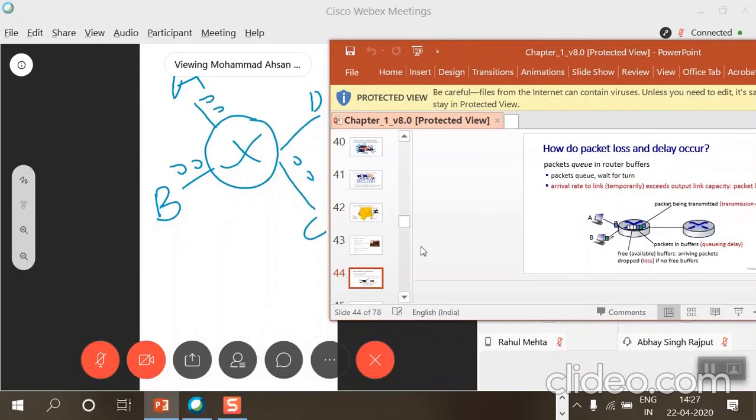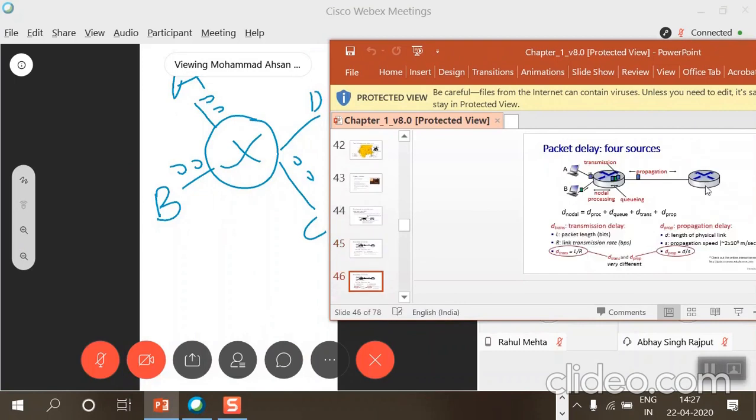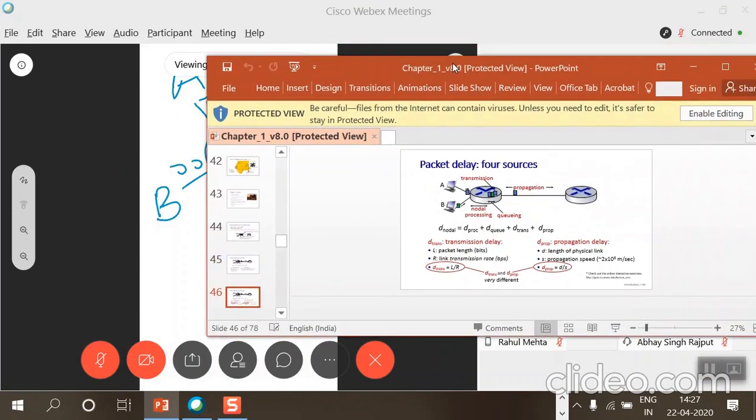Let's see what a transmission delay is. Let's assume that we have first come, first serve. Some packets are being transmitted before this packet, and now this packet would get a chance to be transmitted. So, as per the figure,